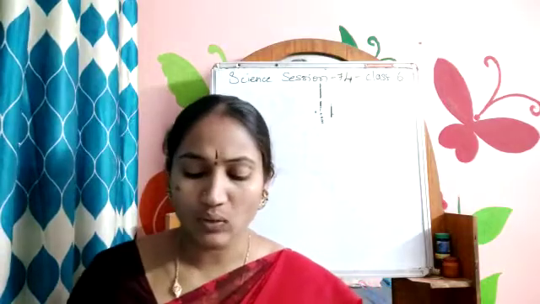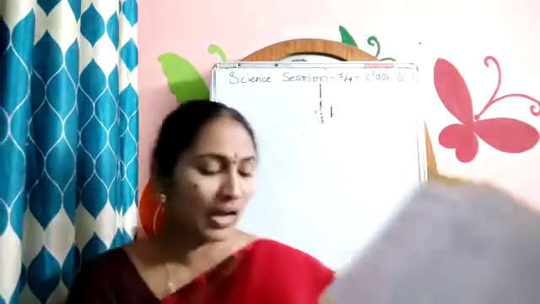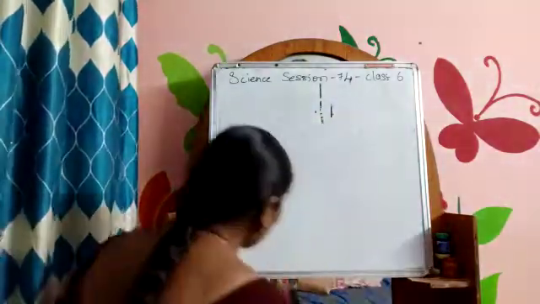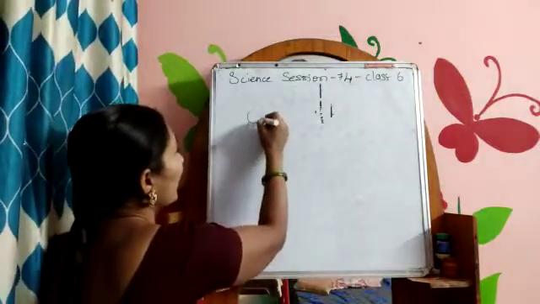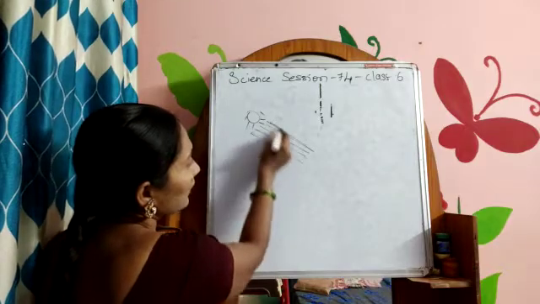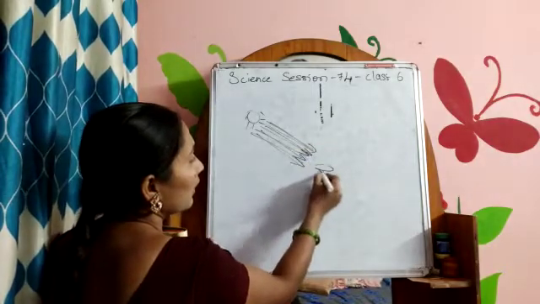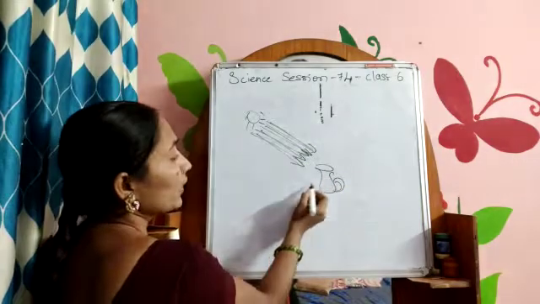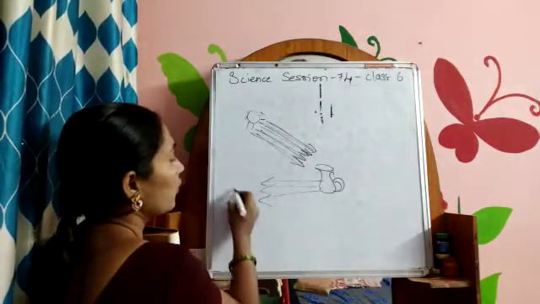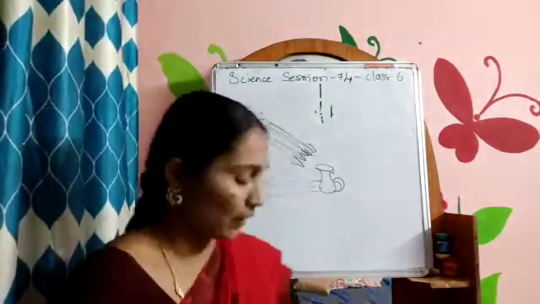We can see an object only when light falls and bounces back to your eyes. And observe the direction of the arrows. See? Suppose this is a light. So these light rays will travel in this direction, like this, and it is falling on a jug. The reflection will travel in this direction and fall into our eyes. Look at the arrows.